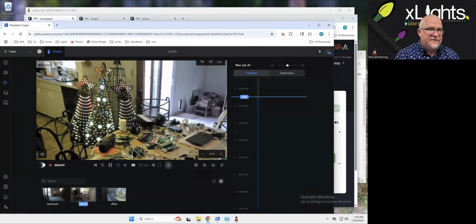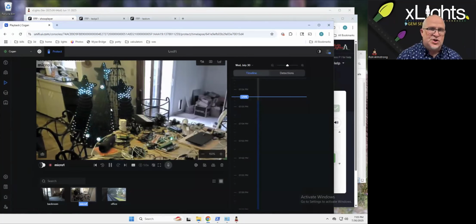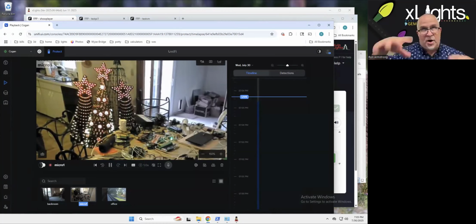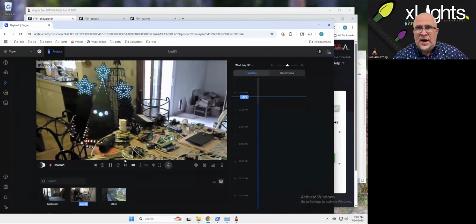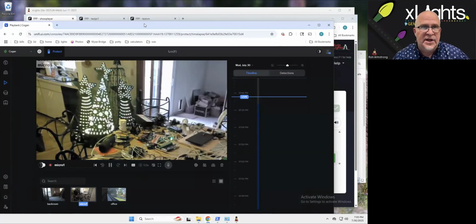So you can see an effect going on these trees. This is representative of your regular sequence, which would be your whole show. So your wings are part of the show and they're doing sequence things, but then I want to trigger them to do something else. So how would we go about doing that? So in xLights,